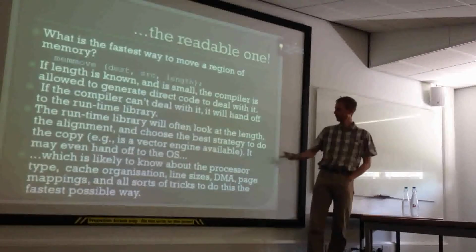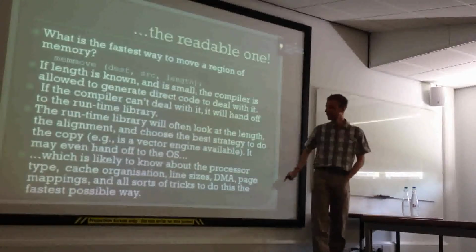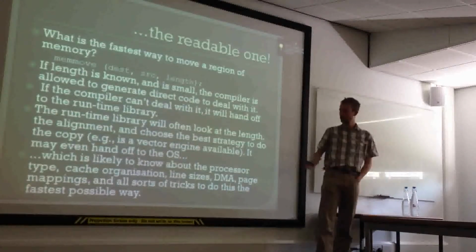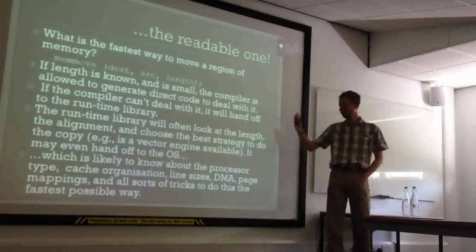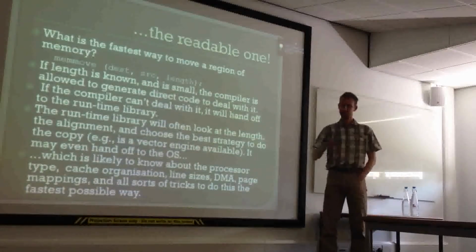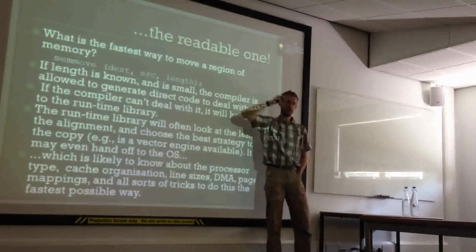If it's a really big bit of memory and the runtime library doesn't like the look of it very much, it will hand it off to the operating system, which can do memory moves, it can do paging, all sorts of clever things with the organisation of the processor and actually do stuff under the hood. So, all you need to do is memmove, and all of this knowledge